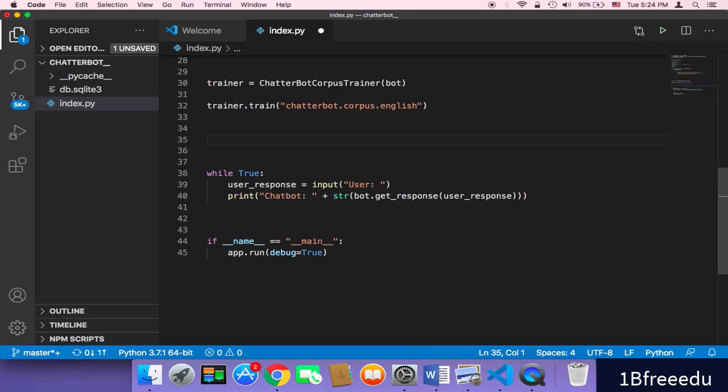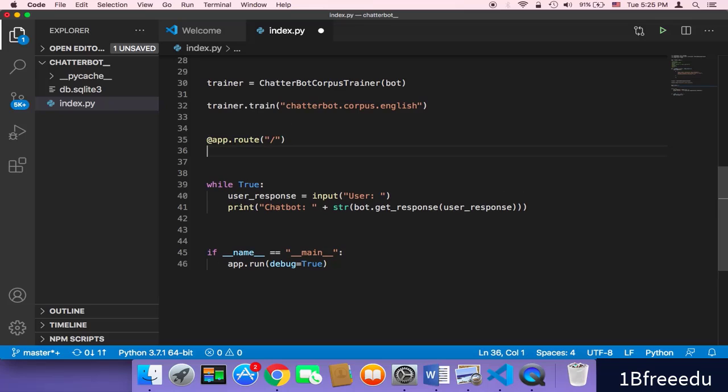URL, so to speak. So I'm going to say @app.route, and this is going to take the name of the URL itself. I'm just going to deploy our chatbot on our main page, so I'm just going to say /, and then we need to create a function for each route. There must be a function in order to execute that function once the user goes to this URL. So for example, if this URL is 123 dot a number dot 989 and then /, once the user goes to this local host or URL, we need to execute this function